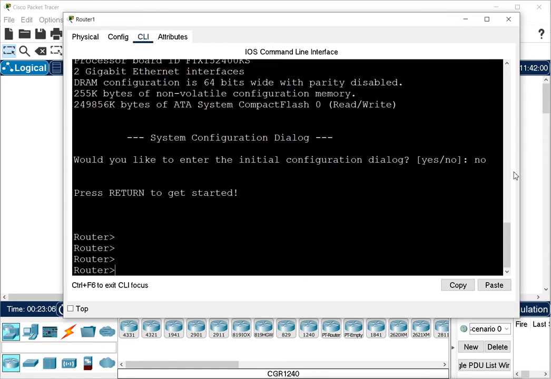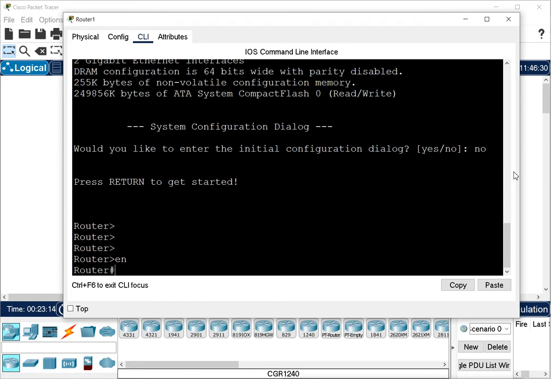Now I want to configure the host name, so I will go to privilege mode first. We don't have to give the whole enable command, we can only type en, because when it is unique we can run the command. This is also a help, and you also have help with the tab.